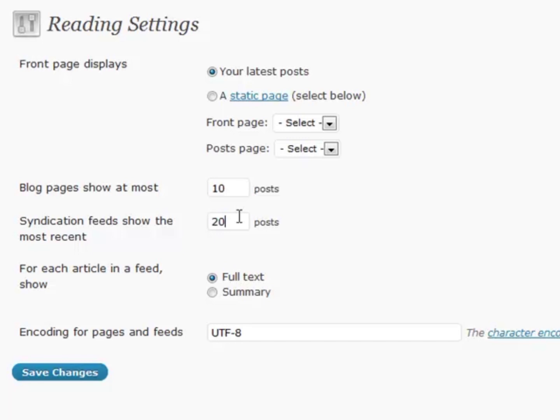A lot of times, I will actually put a higher number in here because I want anybody who's reading my feed to be able to see more posts and have access to more content. So I will actually put that at a higher number. But if you're using a feed for something of your choosing, sometimes you maybe want to put that at a lower number. And also, there's a feed section here that says for each article in a feed, show full